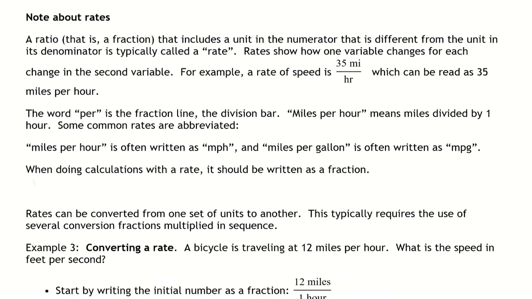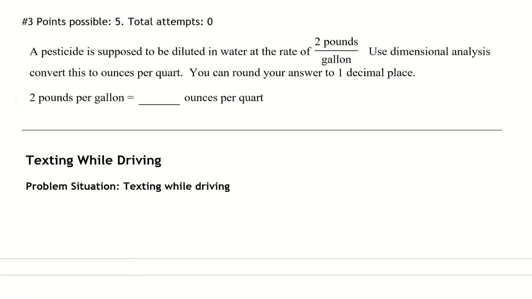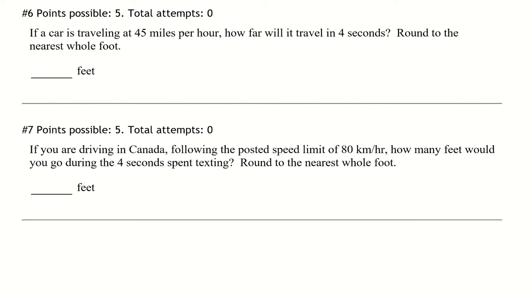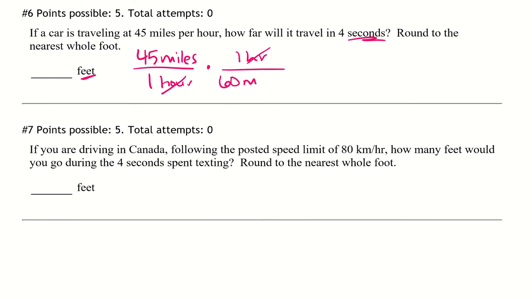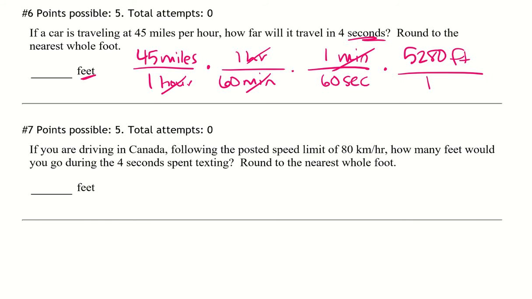For rates, you're going to have 2 units. So if I'm looking at number 6, a car traveling at 45 miles per hour, I would do 45 miles as a top, the numerator, per 1 hour. And then I have to convert that into seconds and feet. So hour is on bottom, so I'm going to move it to top. There's 60 minutes in 1 hour, and then in 1 minute there are 60 seconds. For miles, there are 5,280 feet in 1 mile,